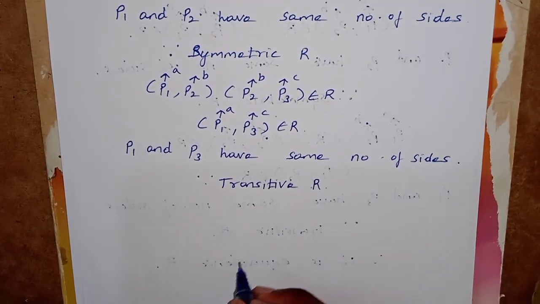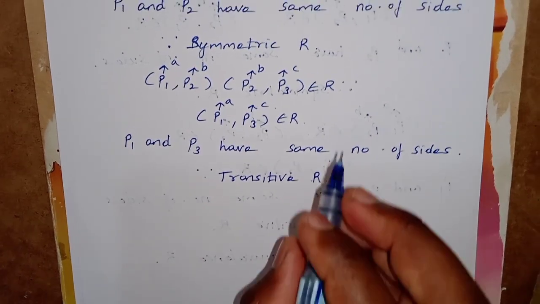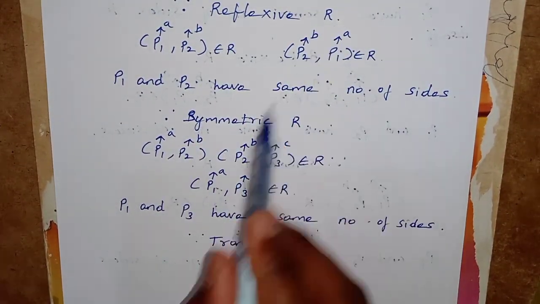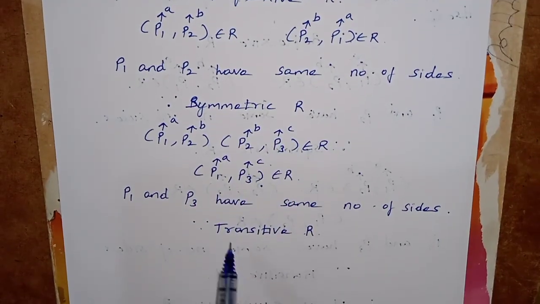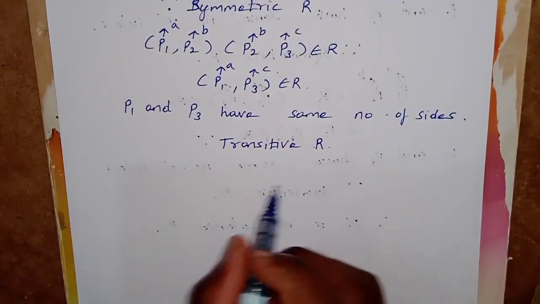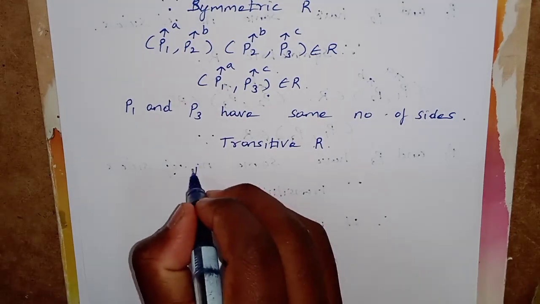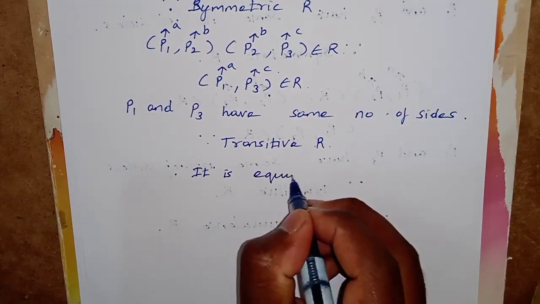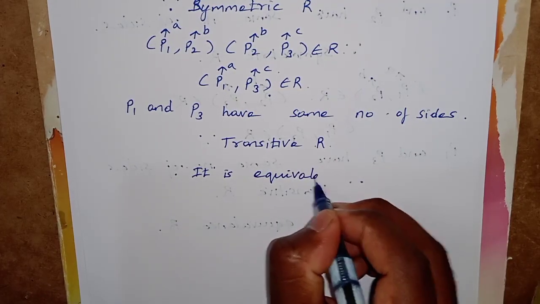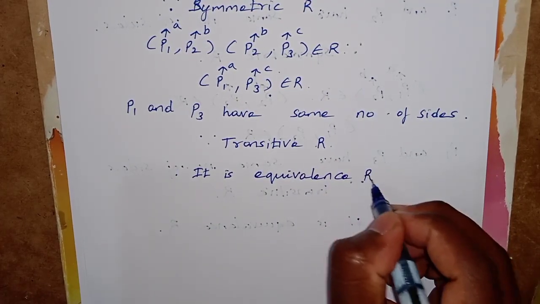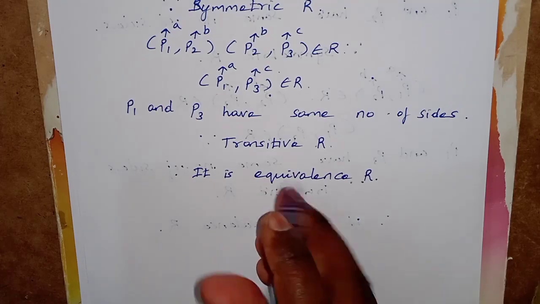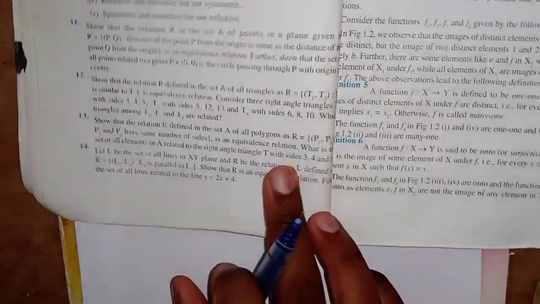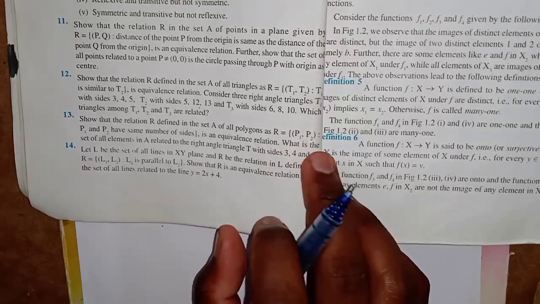Okay, here you satisfied all three conditions: reflexive relation, symmetric relation, transitive relation. Therefore it is an equivalence relation. Equivalence relation. Okay, here the question is not yet completed. Next, what is the